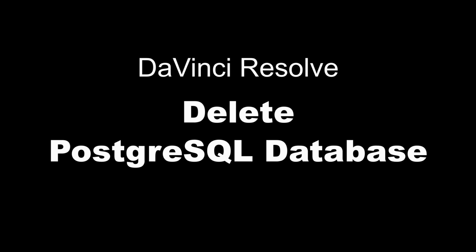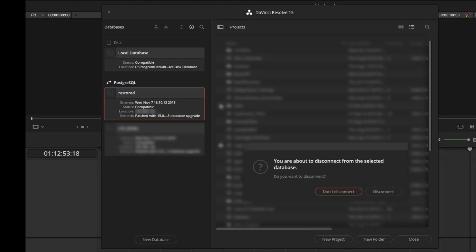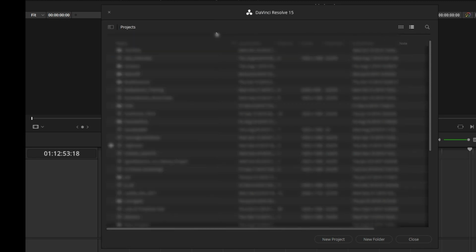Hi, this is Igor. I will show you how to delete a Postgres database from Resolve, because when you disconnect them from Resolve, they don't actually get deleted from the server. I will right-click on this database called Restored and select Disconnect. And the database is gone from the project manager, but it's really not deleted, which you can see if you